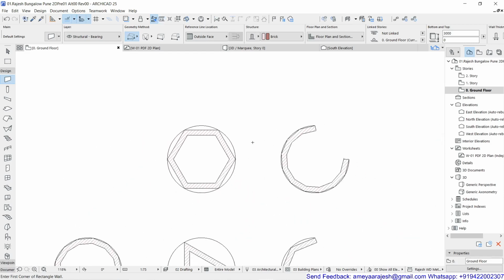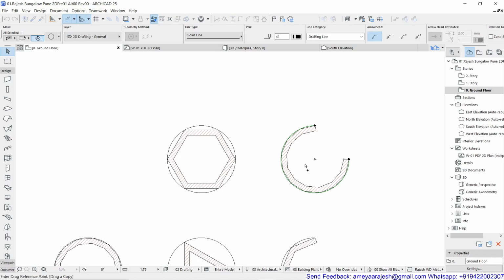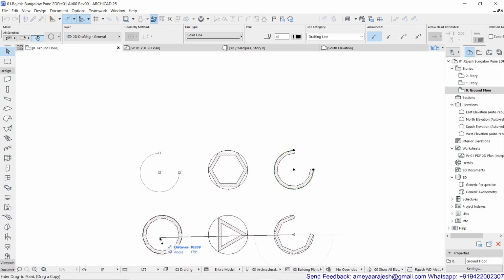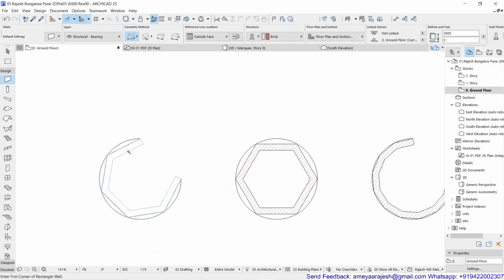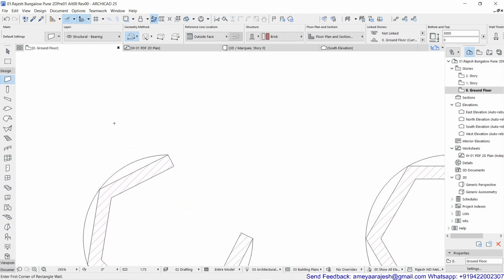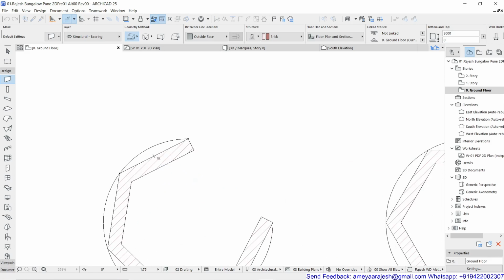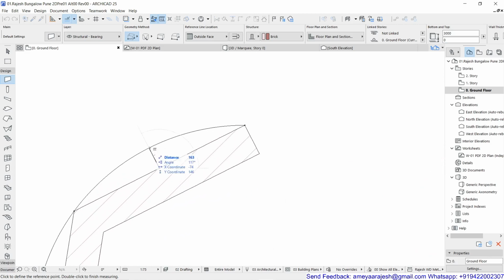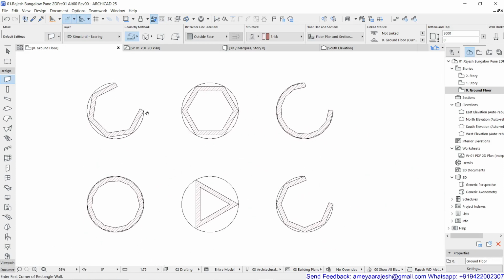If we try the same thing with this other one, I hold the space bar and click, and now if I use the measure option, still it will be the same. The reason is that I have just cut this down with 90 degrees, so obviously it won't be okay. Now this time you can check, it is actually less than this 200. So that is the flexibility of this entire Magic Wand.